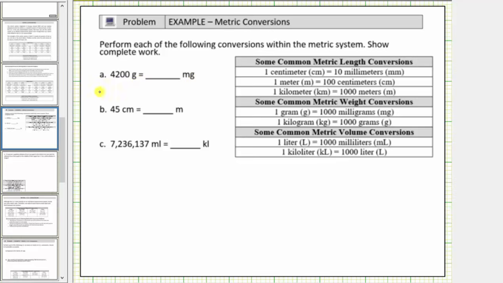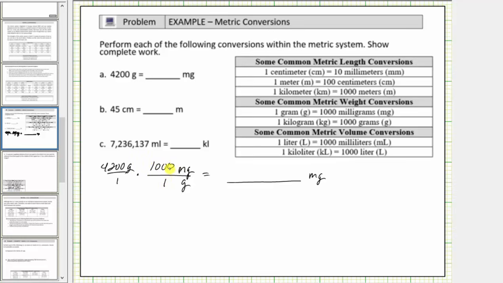We first write 4,200 grams as a fraction with a denominator of 1. So we have 4,200 grams over 1 times, now we'll form a unit fraction that will convert grams to milligrams. Looking at the conversions, 1 gram equals 1,000 milligrams, and because we want grams to simplify out of this product, grams must be in the denominator, and therefore milligrams will be in the numerator. And therefore the unit fraction will be 1,000 milligrams